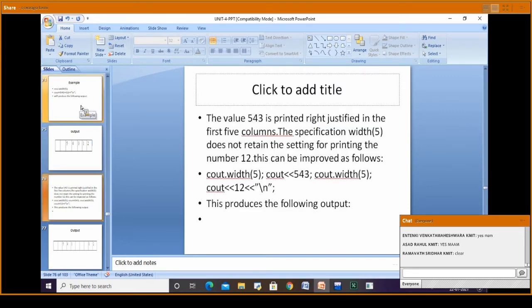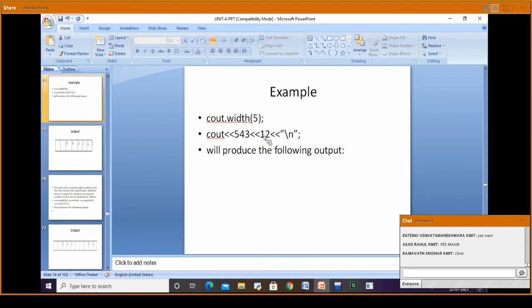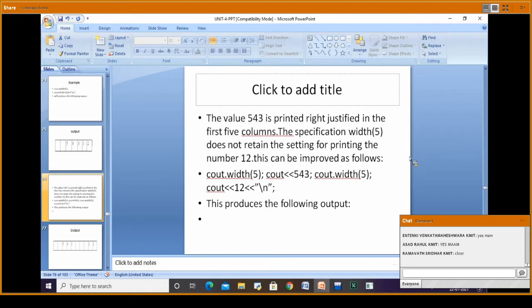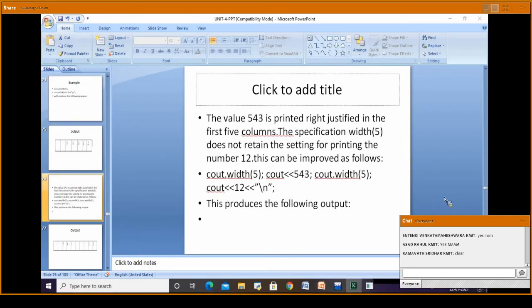In case I want to print 543, then I need to specify it like this. The value 543 is printed right-justified. That is what I was showing you.